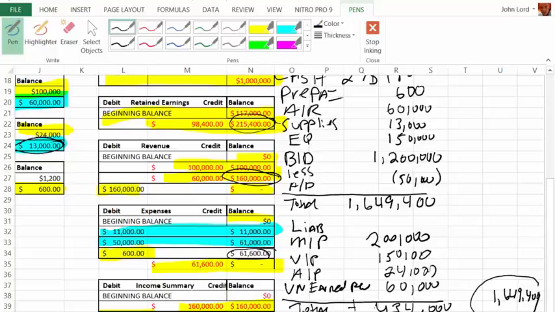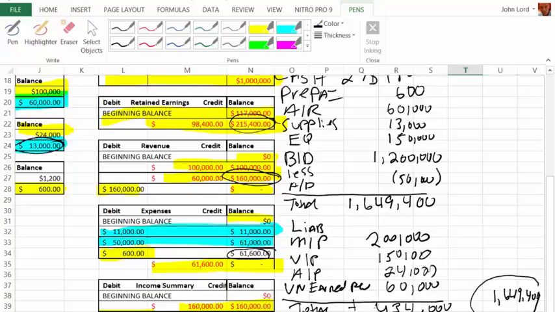What two accounts make up stockholders' equity? Common stock and retained earnings are the two accounts that make up stockholders' equity, right? And so that number that you asked me about was the total stockholders' equity, which was the sum of the common stock and the retained earnings, right? And then I took that plus the liabilities of